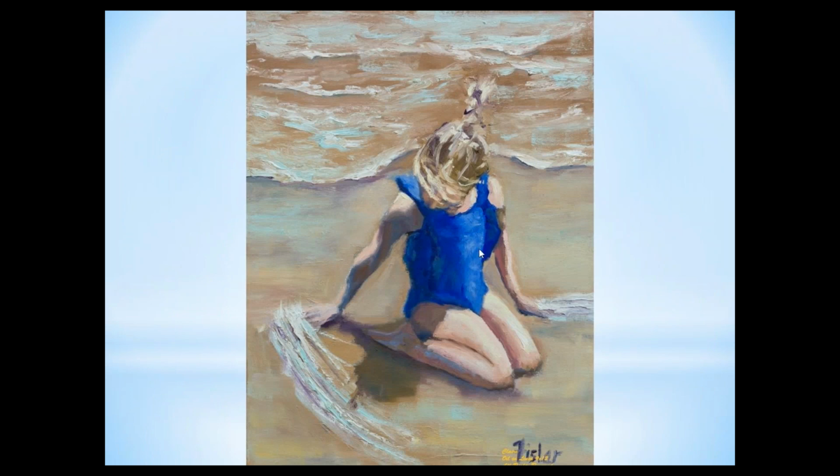The cylinder of her bathing suit, the darkness of that ruffle. There's a ruffle here too. So had fun painting this. As it turns out, my niece absolutely loves it, so that's a good thing too. But this was Claire, and I really liked how this turned out, and the students really loved how it turned out too. Got a lot of lessons off of this one as we were painting and thinking about,